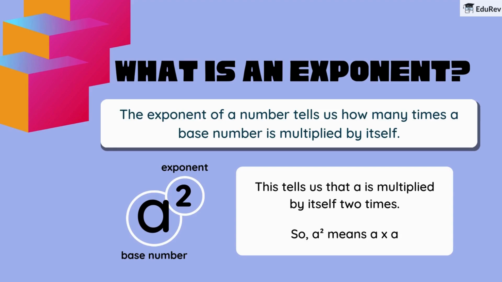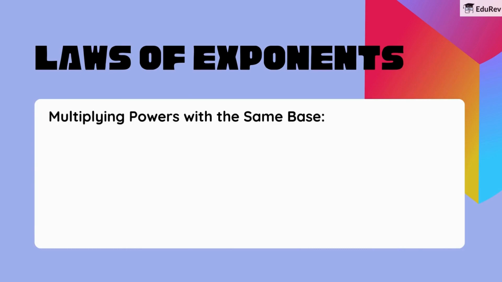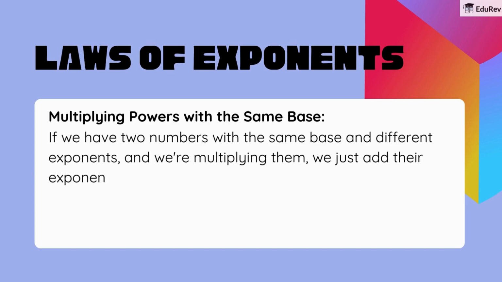Moving on, the world of exponents has its own laws. Let's focus on them. First law is about multiplying powers with the same base. If we have two numbers with the same base and different exponents, and we're multiplying them, we just add their exponents. So, a to the power of m times a to the power of n becomes a to the power